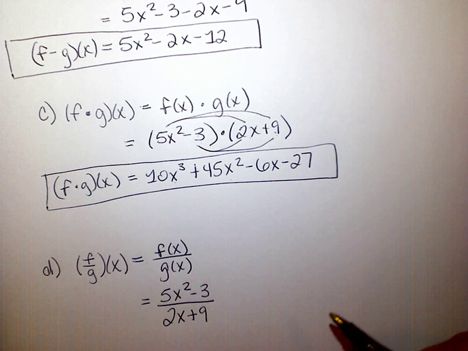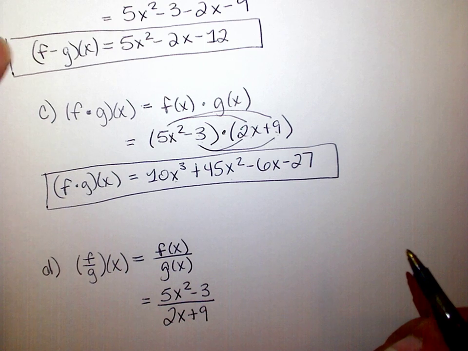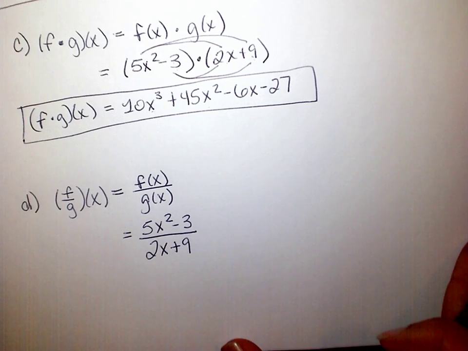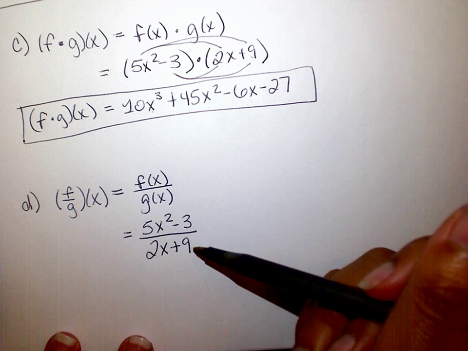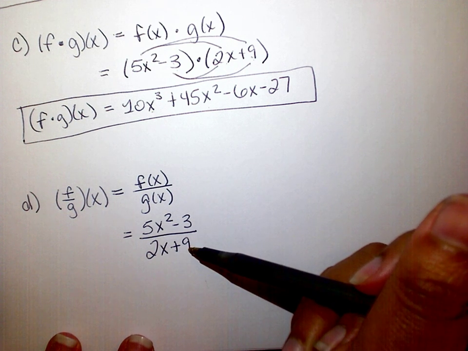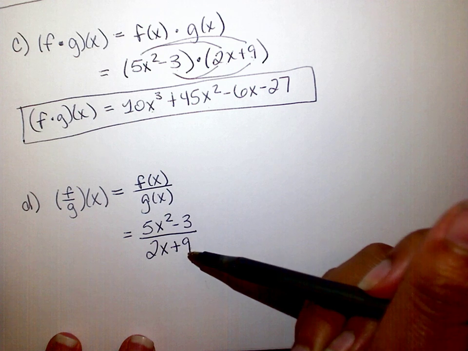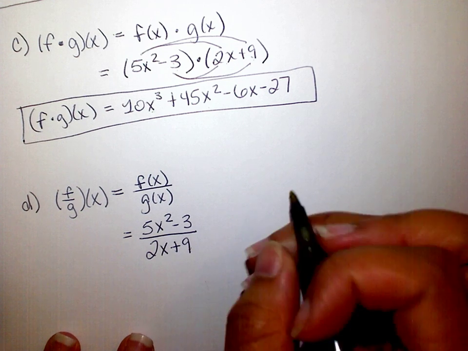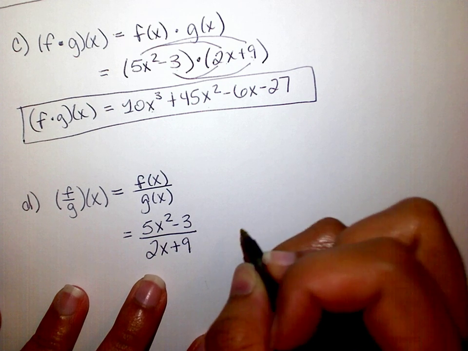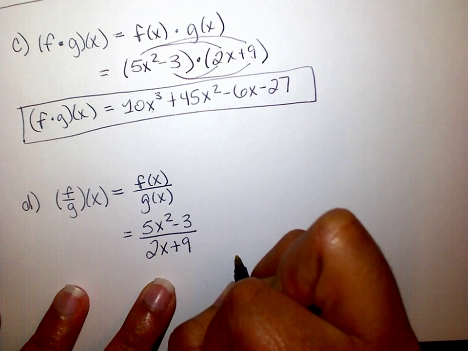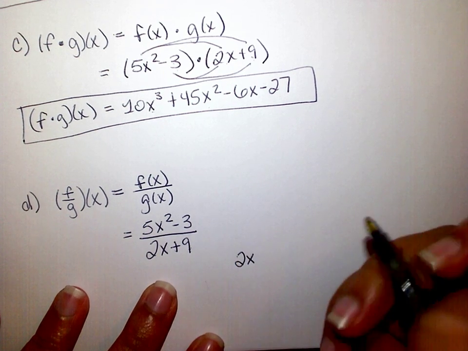So when we are dividing functions, we have to take into account domain restrictions. So we can't have a denominator of 0 because that would make our function undefined. So we need to find the value of x that makes our function undefined. So the way we do this is we set the denominator